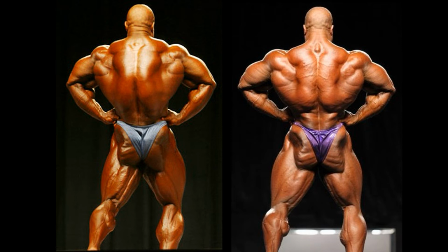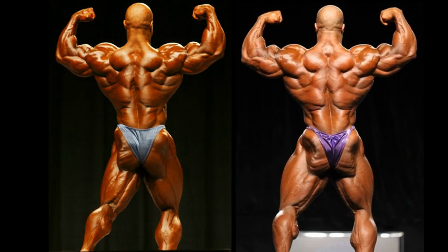But dare I say, this may be the best rear lat spread of Dr. Phil's career. In the rear double bi, 2008 looks decent. Not like that terrible rear lat spread. That looked like Phil Heath against like a Sean Roden or someone like that. But here in the rear double bi, he does have some nice striations in that lower back Christmas tree area. I was raving about that before. But actually look, the